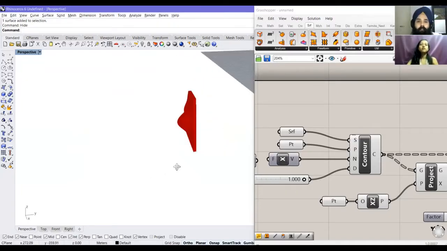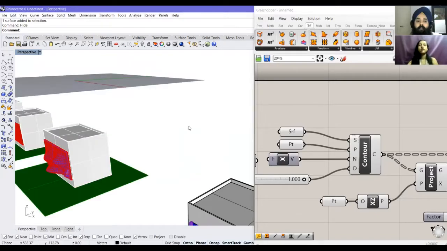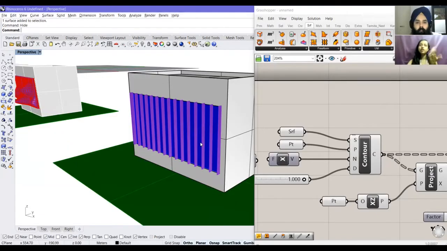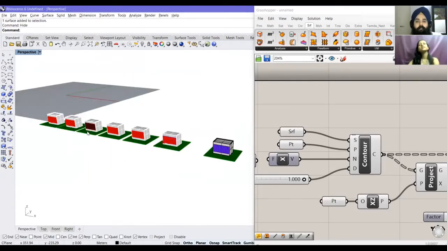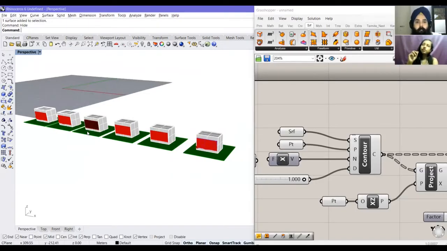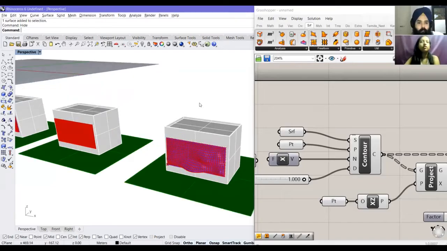Absolutely. And you see the first stage here that we had, which was just one variation, and to think of the next variation would have been a task. Here you're able to keep on placing, and these are just 4 or 5 variations that we have taken out. Each time you change the curve or tweak the surface a bit, you can keep adding more variations.